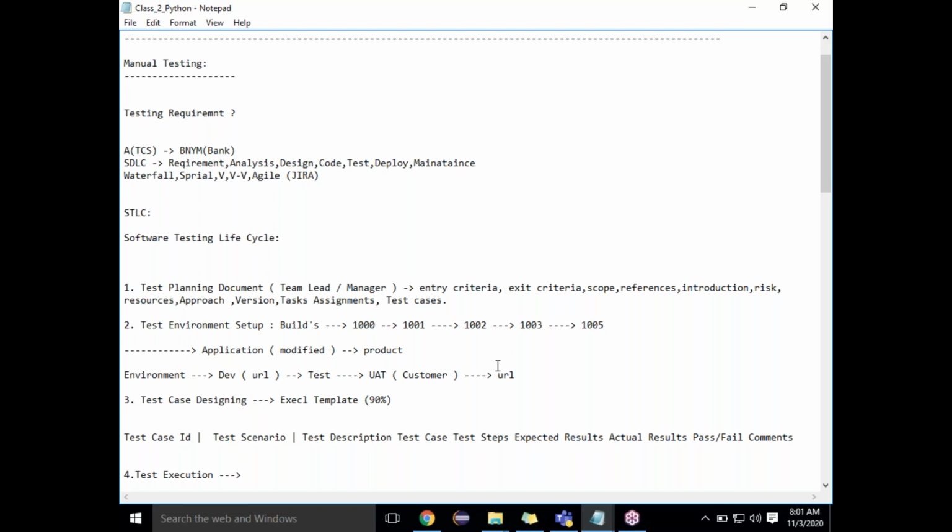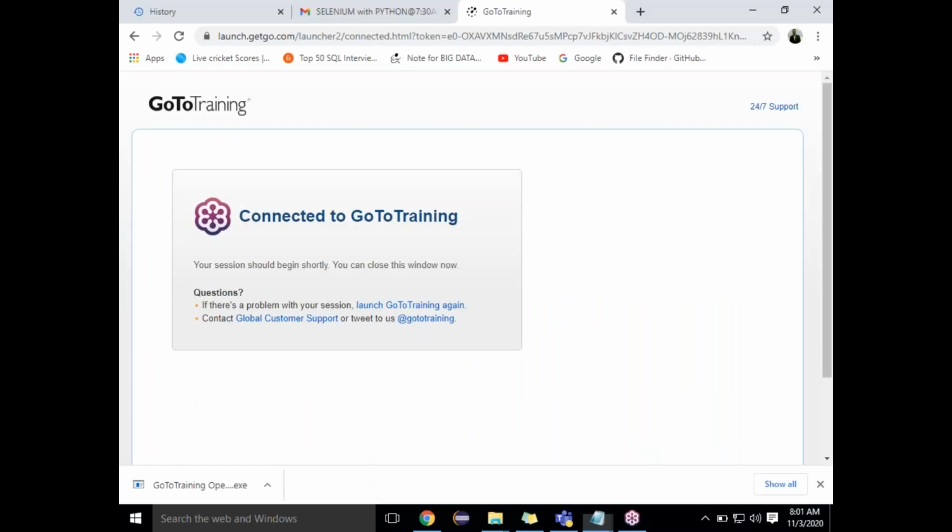That is called environment setup. Environment setup means you have to make sure that your environment is completely made before you test an application.